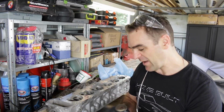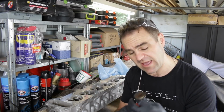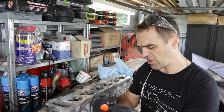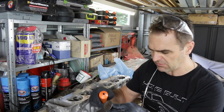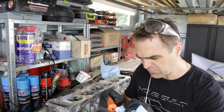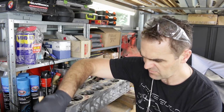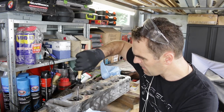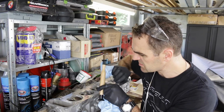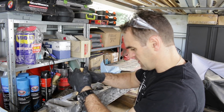Basically, to lap these valves, I've got some grinding compound, which I'm going to put just a little bit of. I'm just going to put a really light smear around the edge with my suction cap. I dip it in some oil and then put it into its spot. And now, apparently, I just